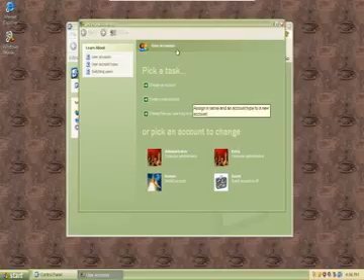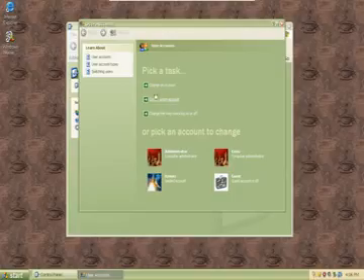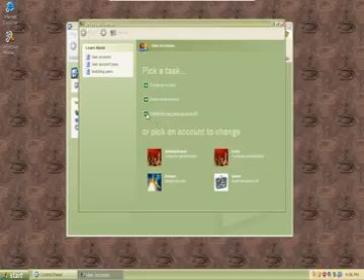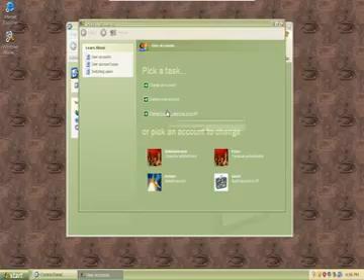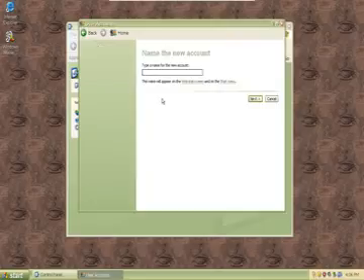But we want to change an account. We're going to create an account. So it's the second little box. I would not suggest you mess with changing the way users log on or off. It's better to have a system that everybody knows. So we're going to create a new account. We click there, and while it brings up the window,